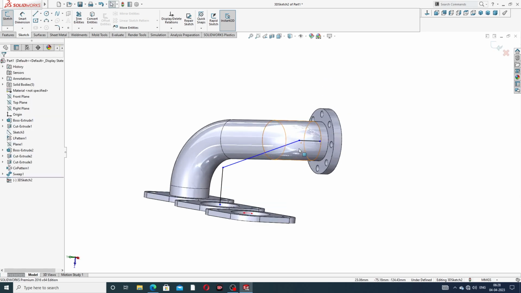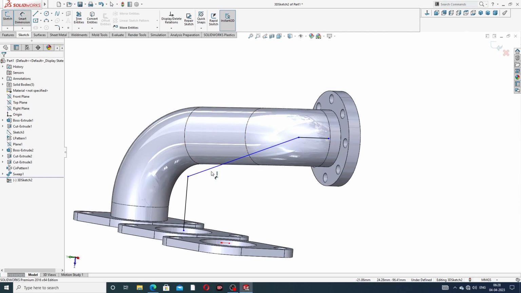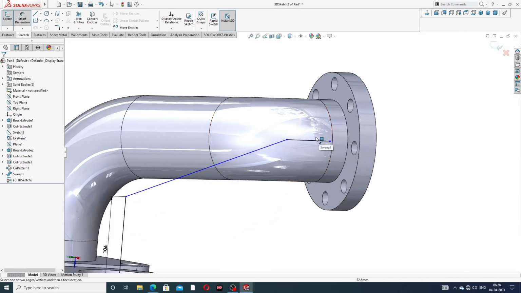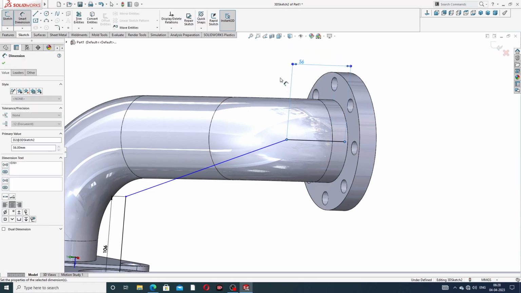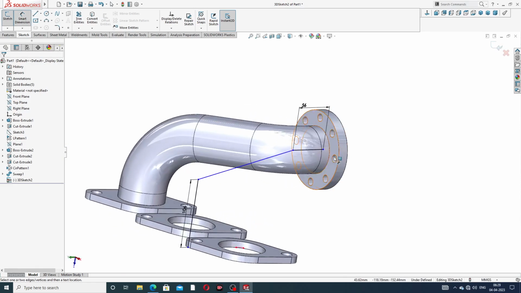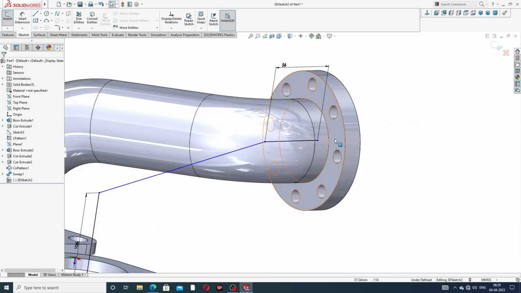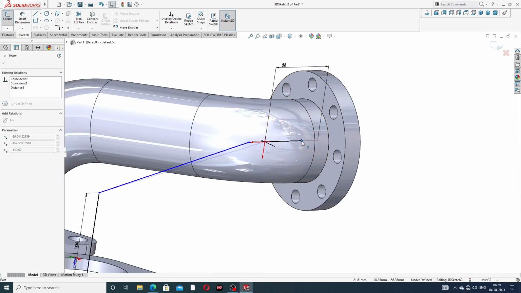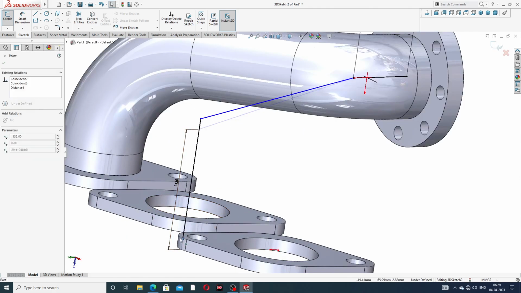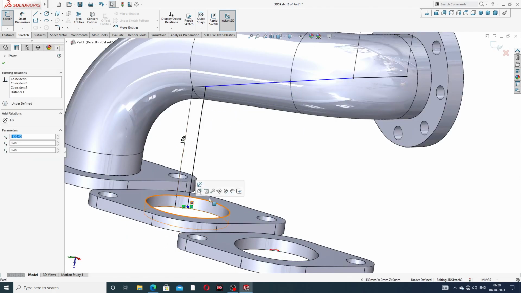Okay, and align dimension is the same here, 106 millimeter, and this is 56 millimeter, correct. Okay, both sides are dragged here and connected to these two. Okay, and again select this point to this. Okay,